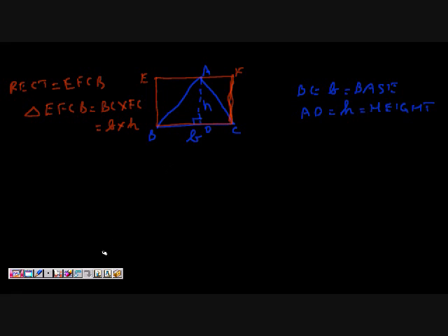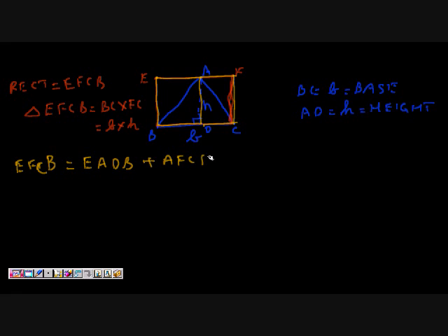Now we can divide the bigger rectangle EFCB into two smaller rectangles again. Small EFCB, that's the bigger rectangle. We can divide it into two smaller rectangles. So let's say EADB, that's one rectangle, and then AFCD, that's the other rectangle. Okay, so we can say EFCB is equal to EADB plus